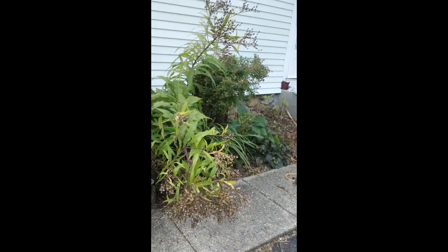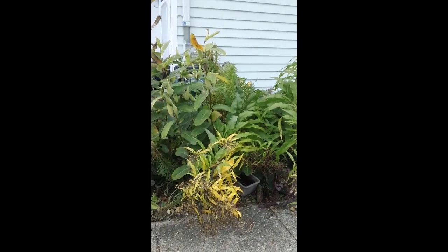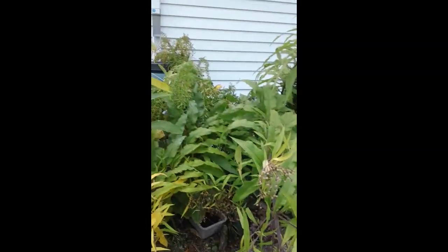So I was going to say that with collecting native seeds, you do want to wait until they're completely dry and ready. So with milkweed,